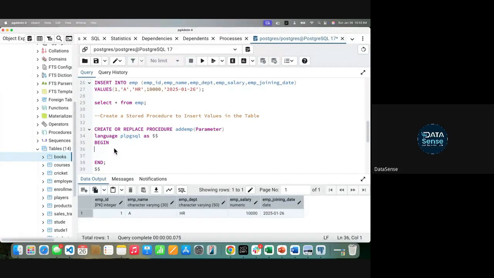Now I will write down a query inside this. Bro, is there any default with this? We need to write it every time, like create or replace the procedure. Is there anything automatic? We're doing automation now already, what more automation do you want?